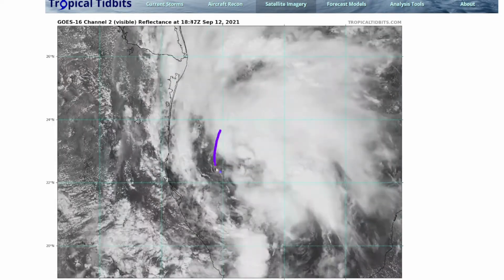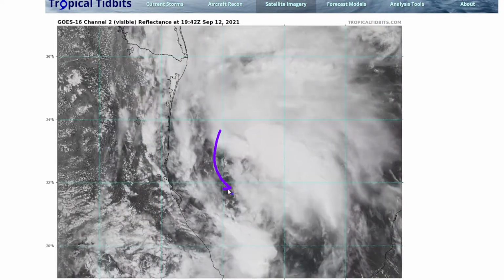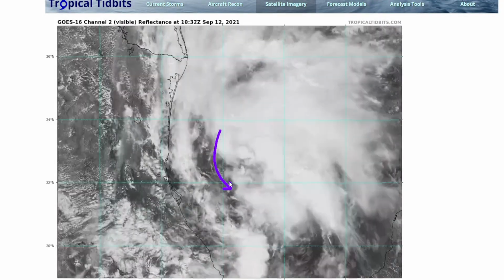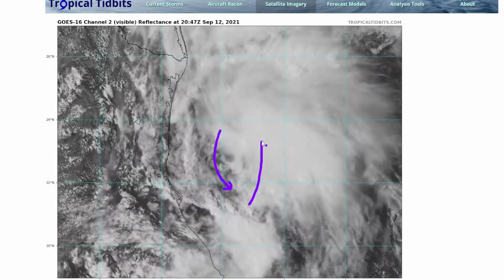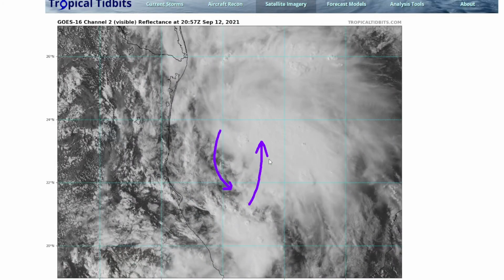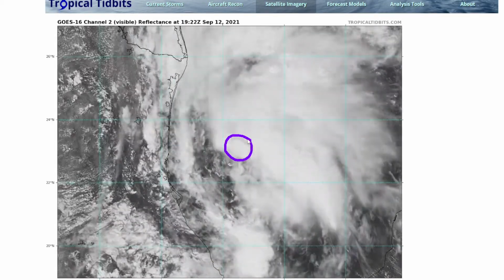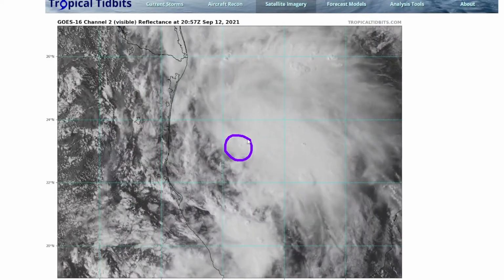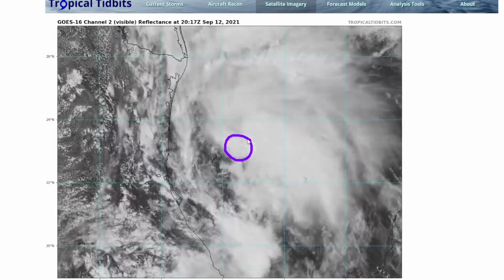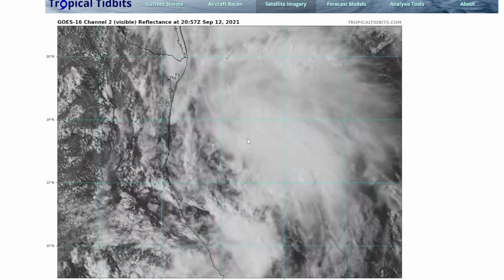You can see that there are northwesterly winds coming out on the far southwestern side of the system here, and then an immediate wind shift out of the south here, associated with all the moisture surging to the north. And so we have our center located somewhere in here, and we just had an advisory on the system, and we'll get to that in a second. But you can see that the system is still a little bit elongated, not very well organized right now, but